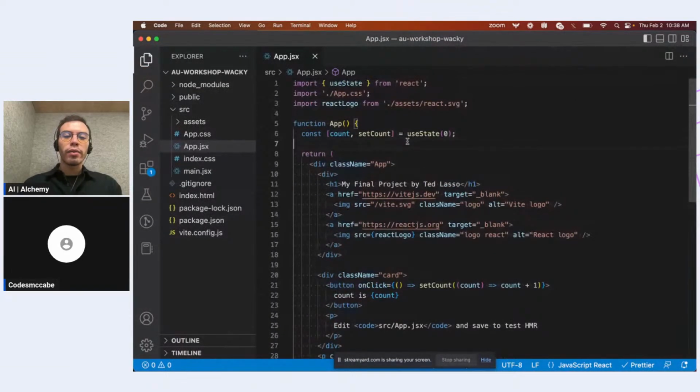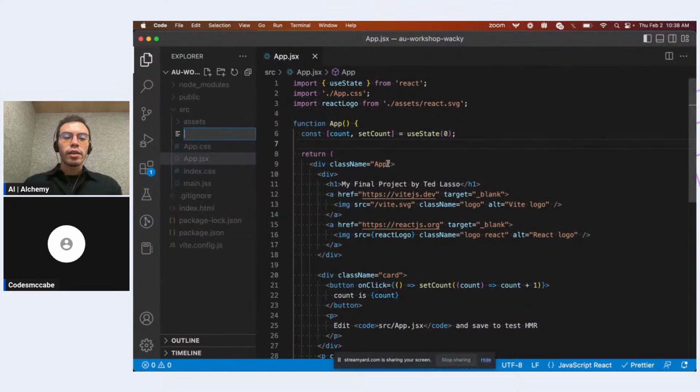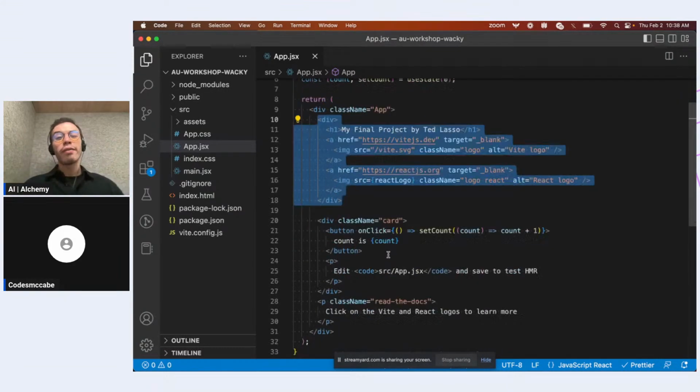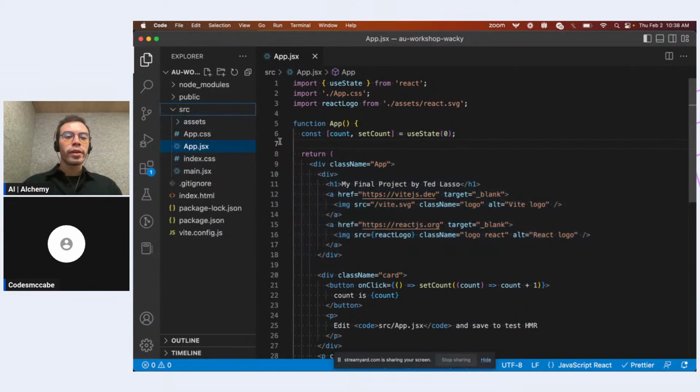The cool thing about React is you're actually able to do something like, say you want this header component. Let's clean this main file up. The app.jsx is the file that is served. In a more comprehensive or bigger project, you can imagine if we put everything here, that can be clunky and messy. So let's do a new file, and we'll call it